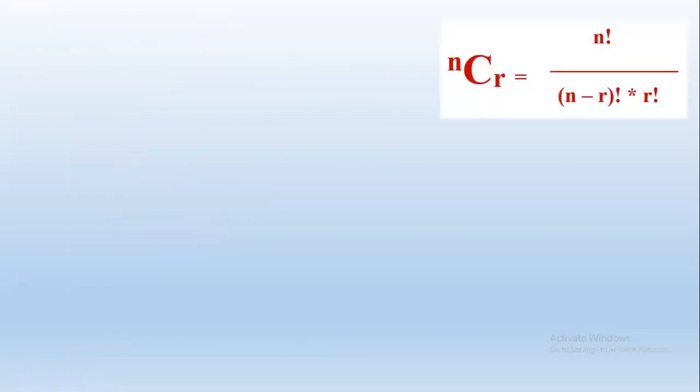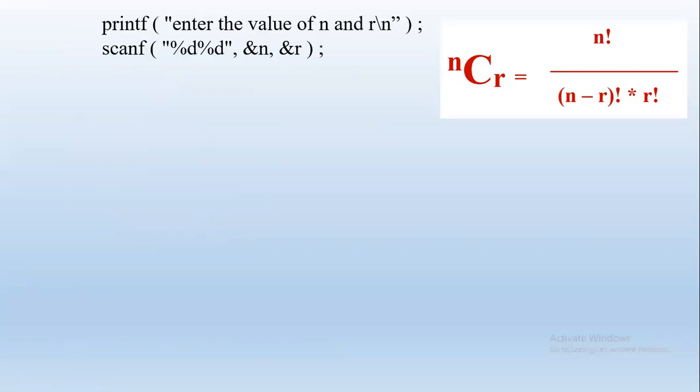So first, we are going to see the function. We know that the formula NCR is equal to n factorial by n minus r factorial into r factorial. So first we have to check the condition, taking input. N and r are taken as input. Say we give 5 and 3, taking the same example so that we can compare and understand easily. So 5C3 we have to find.